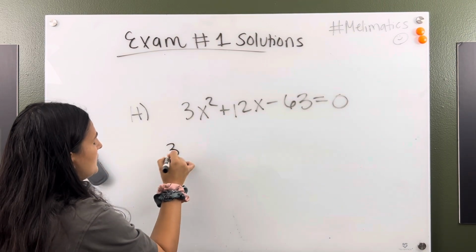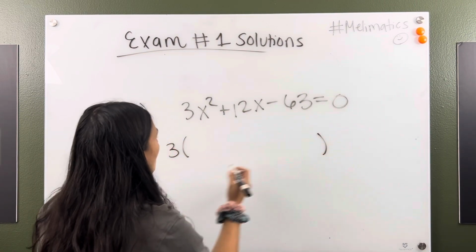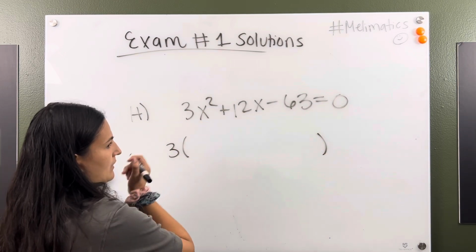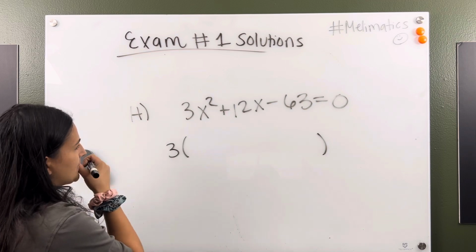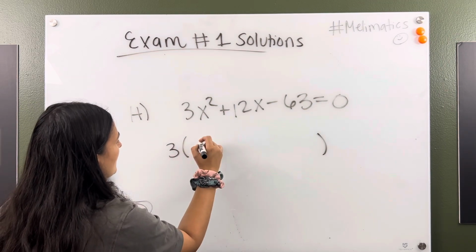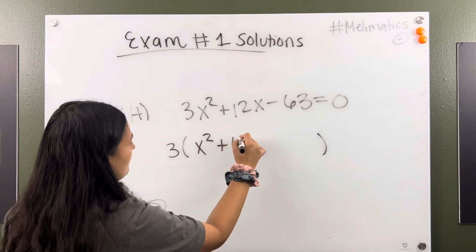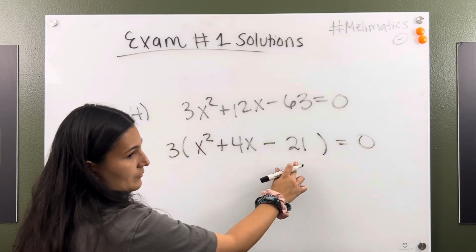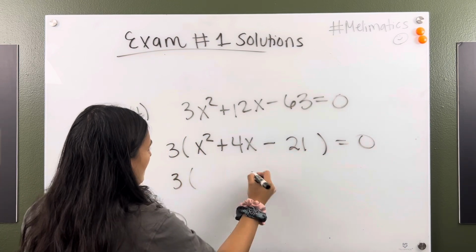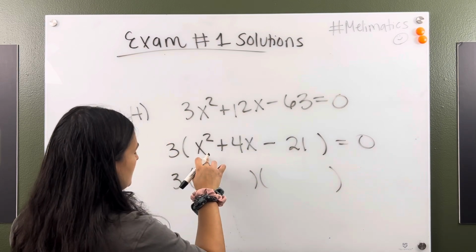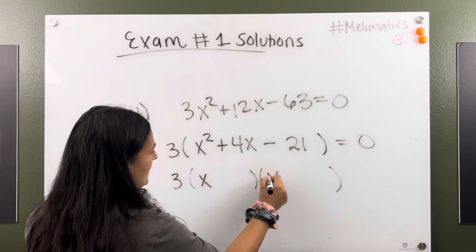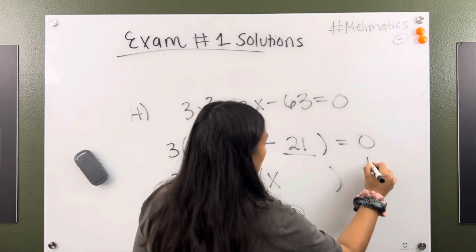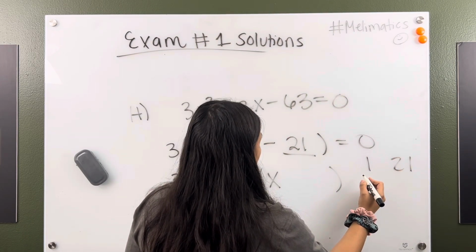So if I take out a 3, what is left over? Well, divide each term by 3 and see what's left, because I'm factoring it out. So that leaves me with x squared plus 4x minus 21. This is going to be easier for me to factor. Why is it easier? Because I can simply split x squared as x and x, and then I just have to worry about the factors of 21. So I can either use 1 and 21,